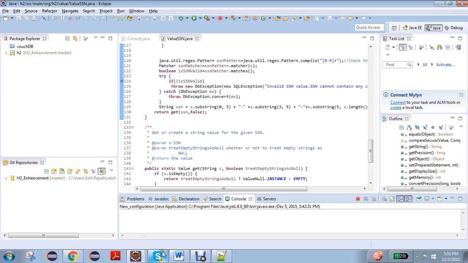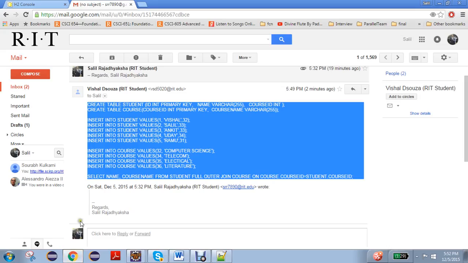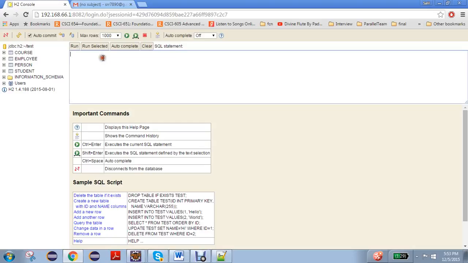I have just started the database in embedded mode. So, what I will do is first I will go to the console and start creating a new table. So it's create table temp, name varchar, SSN or SSN. So this is the SSN data type that we have, and